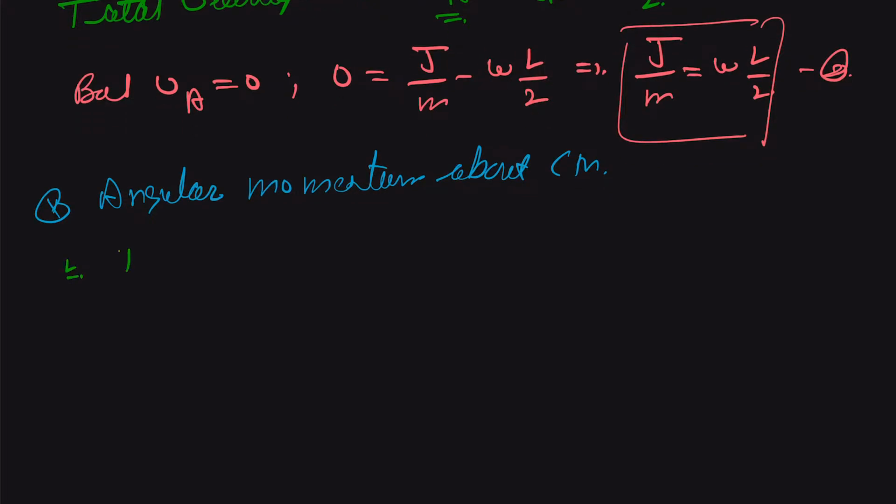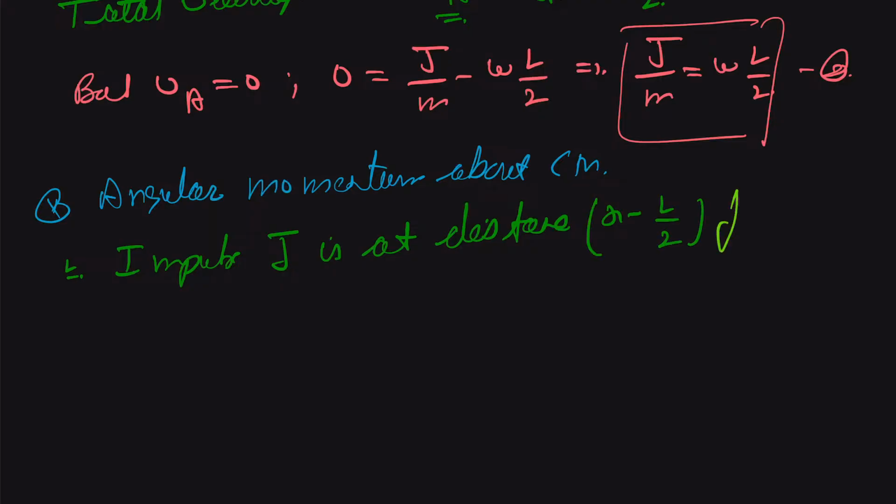So you can say that our impulse J is at a distance x minus L by 2 from the center of mass,